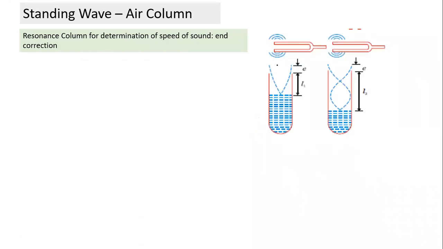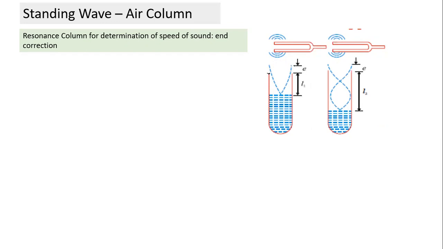But actually, what is observed is that some small error is always present. Why is it so? The waveform doesn't really start at the top end of the pipe. It starts somewhere a little beyond. So the actual antinode is not exactly at the top end of the tube, it is slightly beyond, for some inertial reason which we don't have to know. And this is called the end correction error.